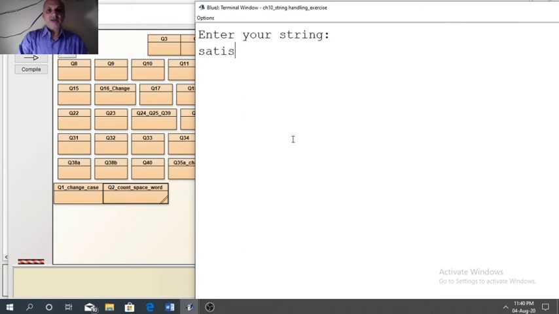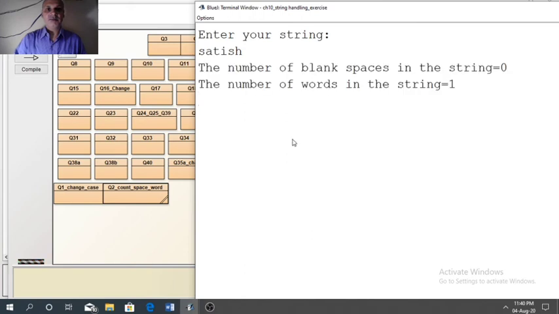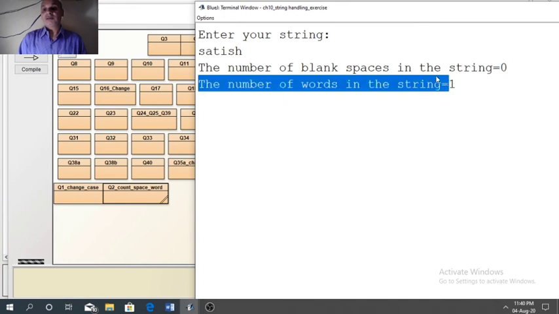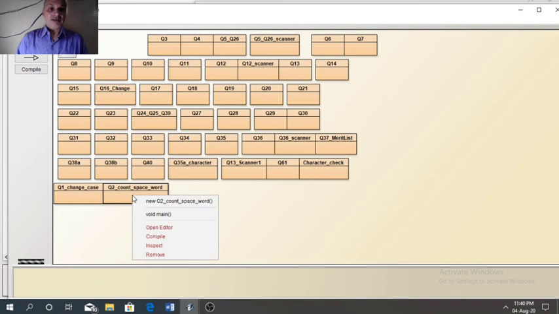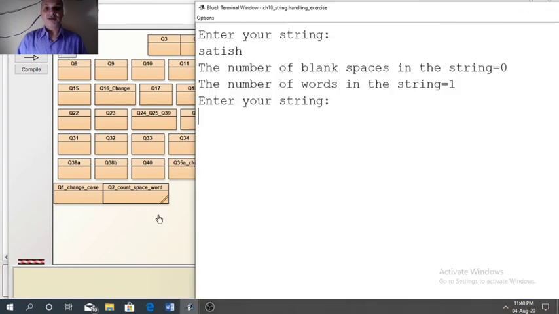First I am typing one word, Satish, my name. Result you can see: number of spaces is 0 and number of words is 1. Now we will verify the program with a second input.